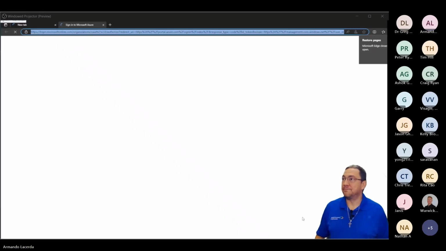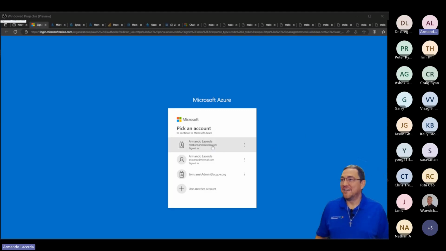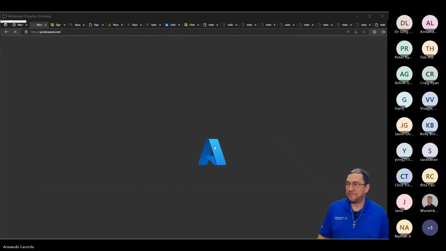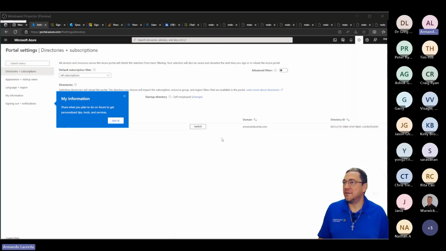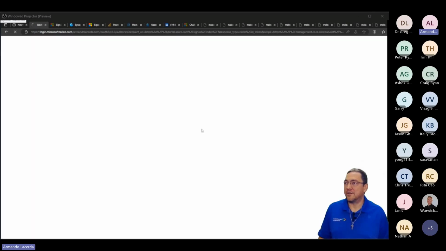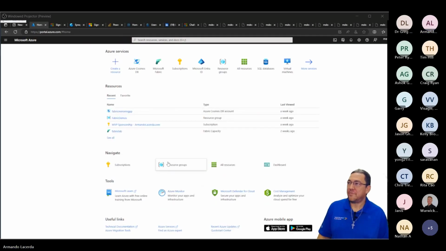portal.azure.com. I don't know what I had in there before. I had a bunch of things there. So I want to connect with this account. And it's coming up. Now, this account, I have a particular directory for Fabric to keep things apart from each other. So let me get there just quick. All right, here we are.